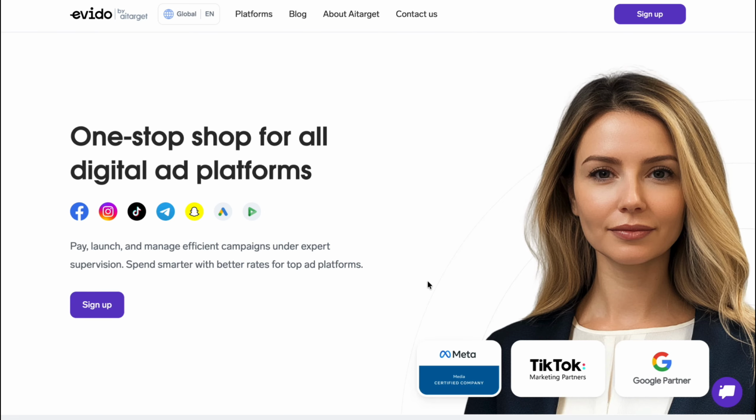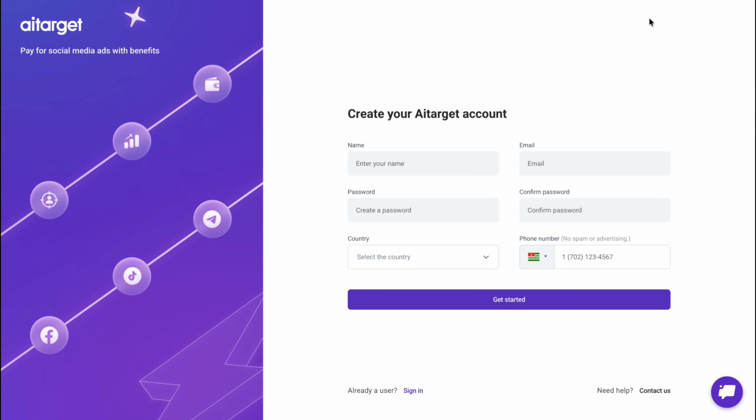To register, click the Sign Up button in the top right corner of our website. You'll be taken to the account creation page. Enter your name, your email, create a password, confirm this password, select your business registration country, and add your phone